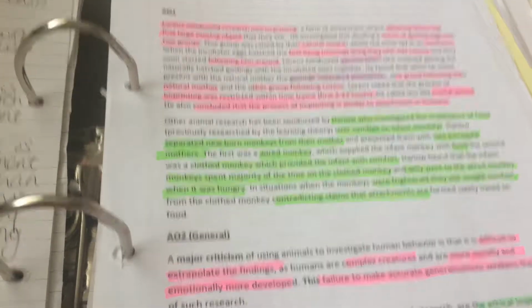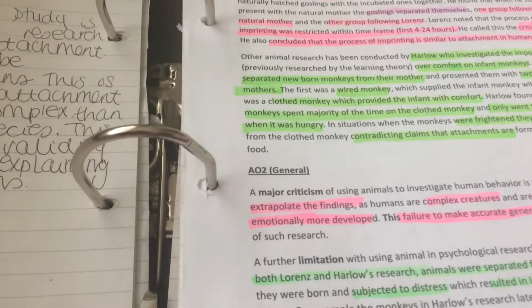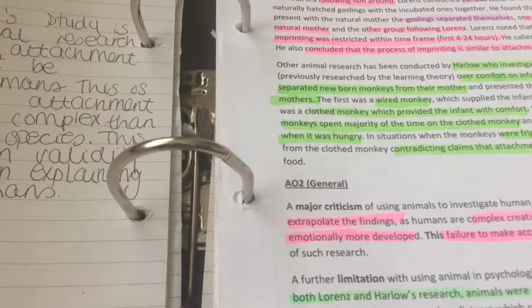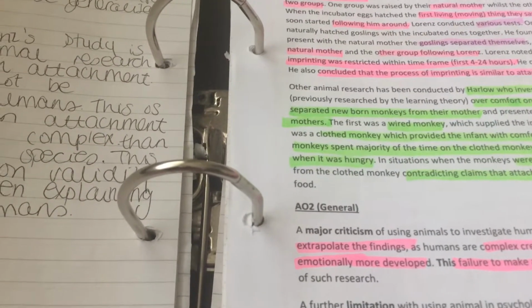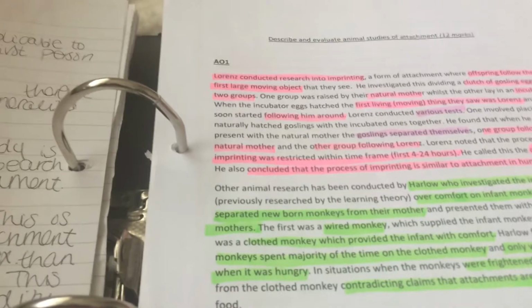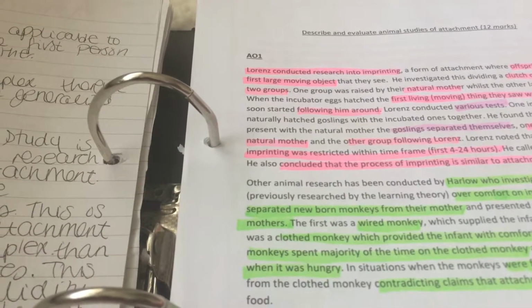Animal studies of attachment. Lorenz conducted research into imprinting, a form of attachment where offspring follow the first large moving object that they see. He investigated this by dividing a clutch of gosling eggs into two groups. One group was raised by their natural mother, whilst the other lay in an incubator. When the incubator eggs hatched, the first living moving thing that they saw was Lorenz, and they soon started following